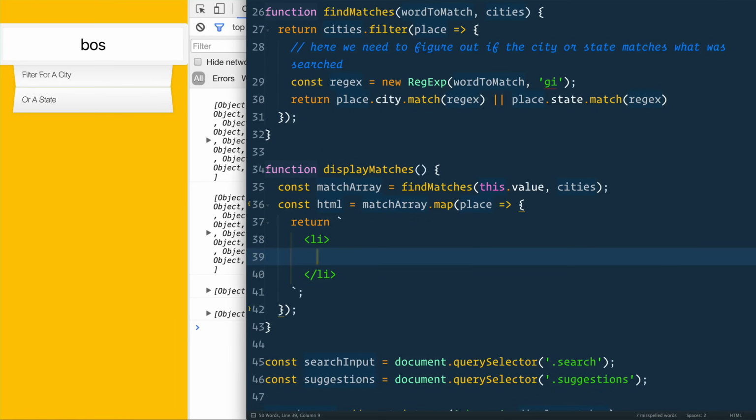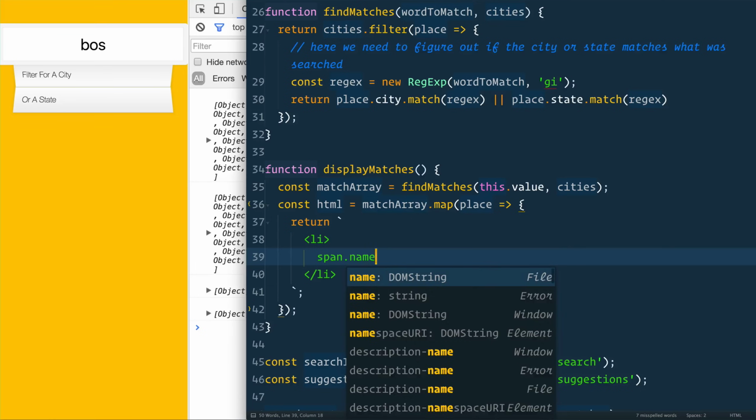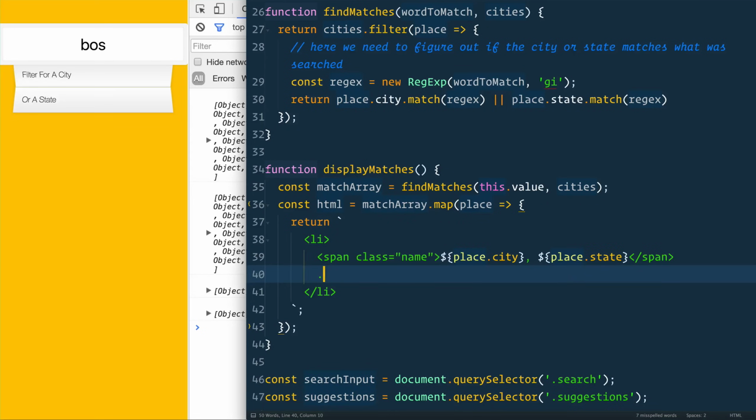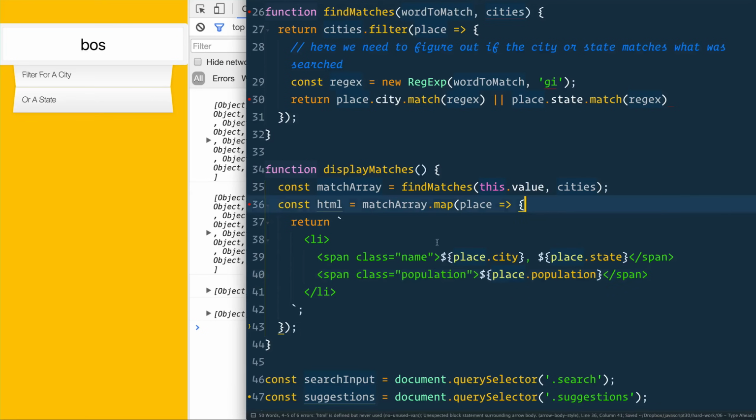Inside of that, we want a span with a class of name, which is going to contain the place.city and the place.state. And below that, we're going to have a span with a class of population, place.population. Then finally, once we've mapped over this array, we can simply call